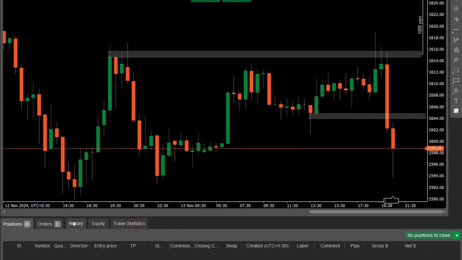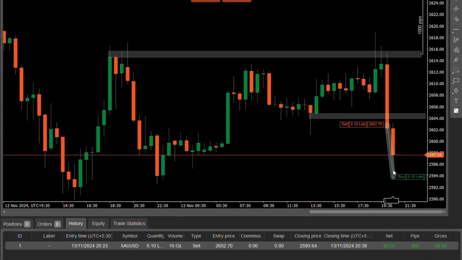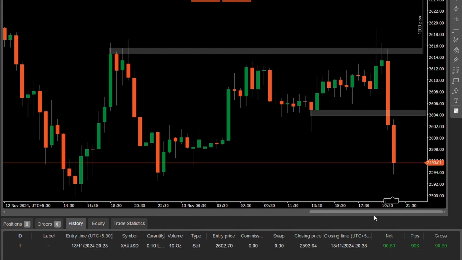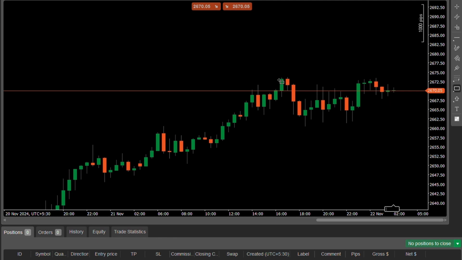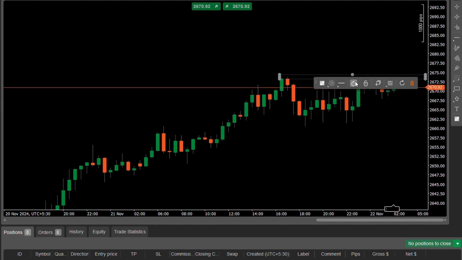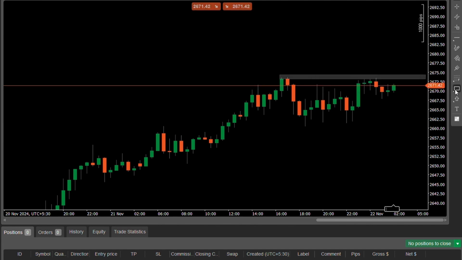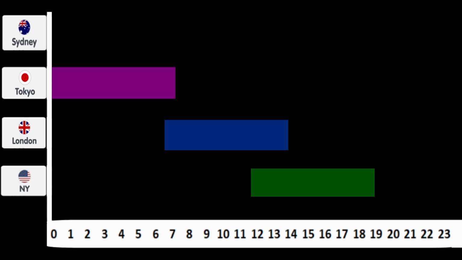If it is 12 a.m. in GMT, it means 5:30 a.m. in India. That is how you calculate the different market sessions to know the time. In New York, they use Eastern Time, so the forex market opens at 4 p.m. and closes at 1 a.m. No matter where you are, you can use that to determine the forex market session. The Tokyo market opens at 9 a.m. and closes at 6 p.m. The same applies on GMT and Eastern Time.